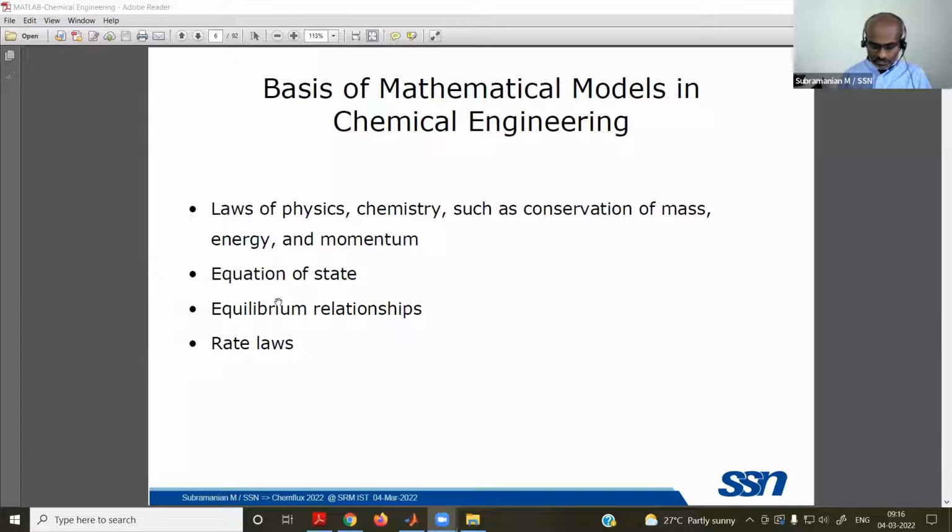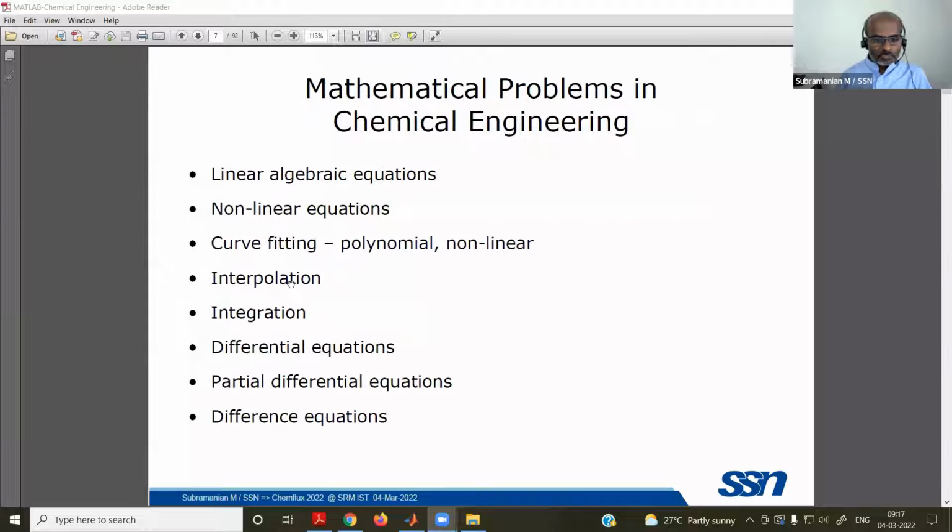And equation of state, which is about connecting the state. The states are simply pressure, volume, temperature of the system. And the equilibrium relationship or rate law. So these are the kinds of equations we will be coming across in our chemical engineering. Of course, similar kinds of equations may also be there in other engineering as well. Of course, the law of conservation of mass and energy are the fundamental equations. Likewise, even thermodynamics has applications in almost all the fundamental engineering.